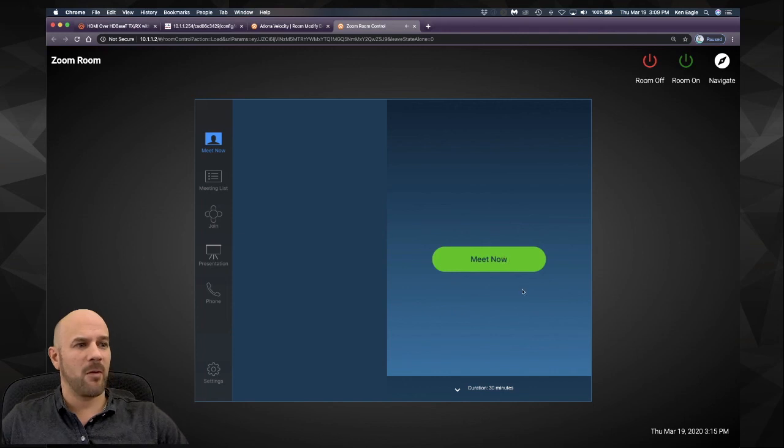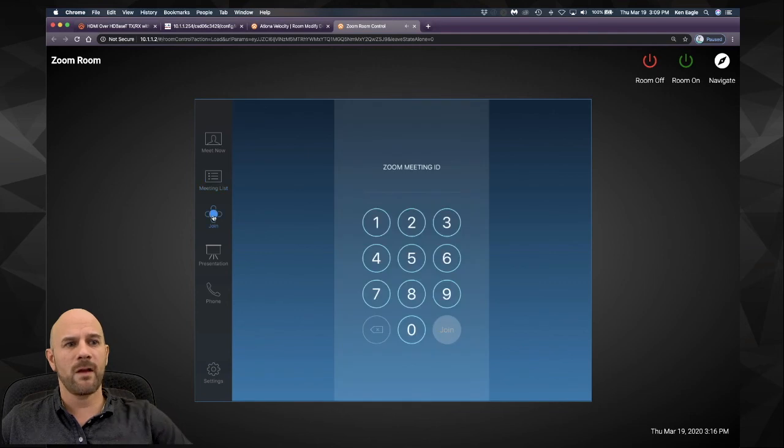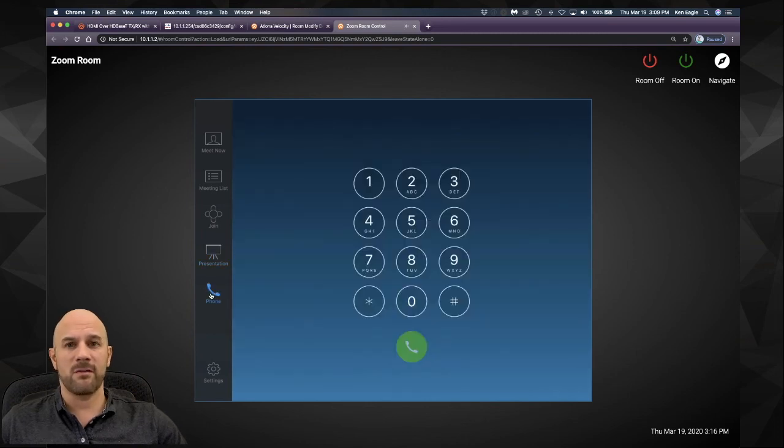If you click on that Meet Now button, you can go ahead and launch a meeting and you're ready to start up. You've got a meeting list icon. If you were logged in here, you could see a list of all your scheduled Zoom meetings. You have the ability to join an existing meeting by putting in a meeting ID. You can connect your presentation through this, share your laptop or your mobile device. You've got a phone dialer built in, so you can go ahead and dial into a solution,